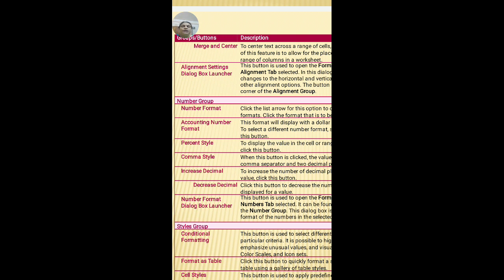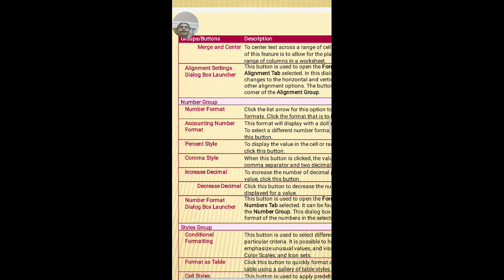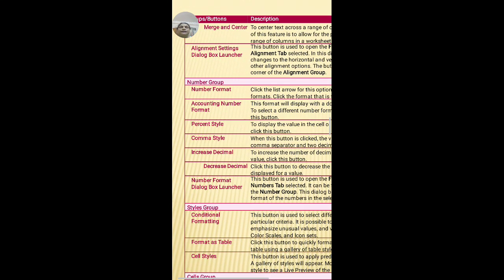You want to merge it and show it combined, Ram Reddy, in only a single cell. That is nothing but called merging. Merging means combining a group of cells into a single cell, and making it center. So merge and center will merge the group of cells or two cells and display the text at the center.